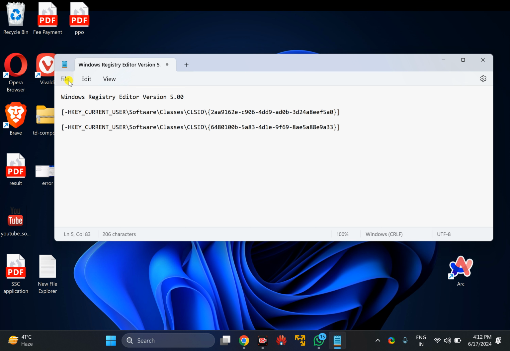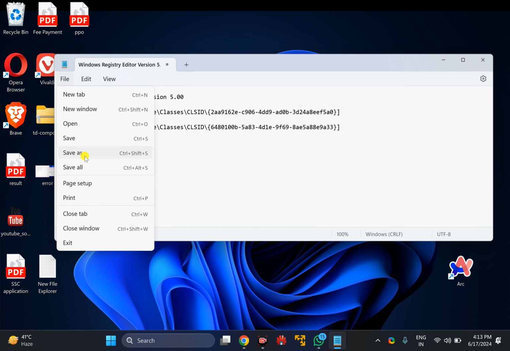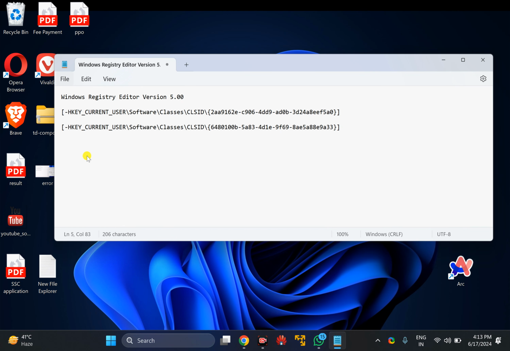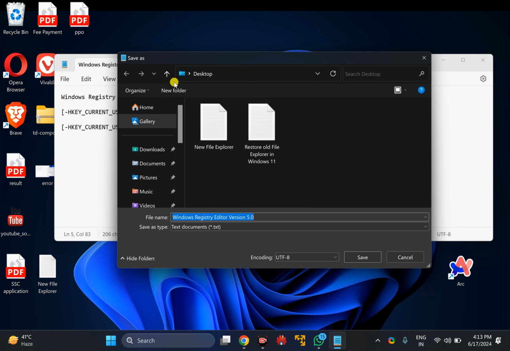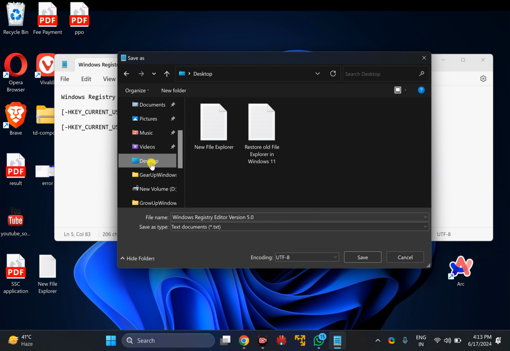After that, click on the File menu and in the drop down menu, select the Save As option. In the Save As dialog box, select a location where you want to save this file, such as the desktop. Now name it new file explorer.